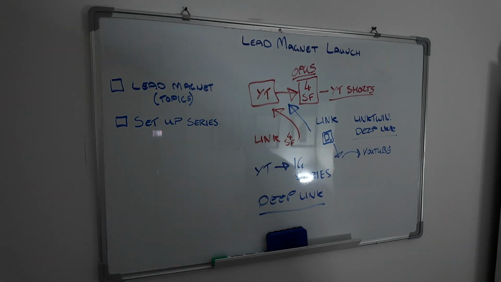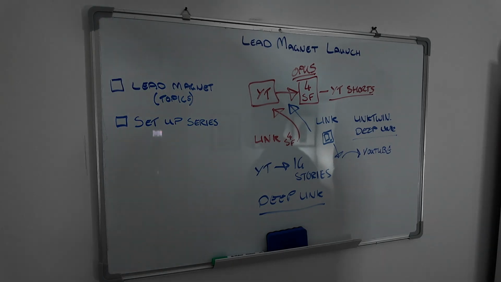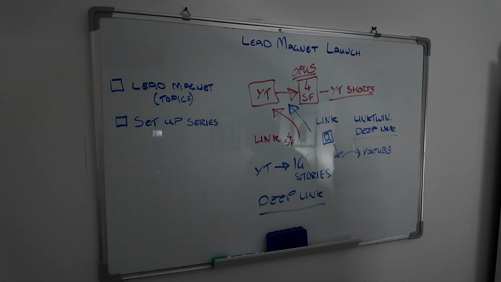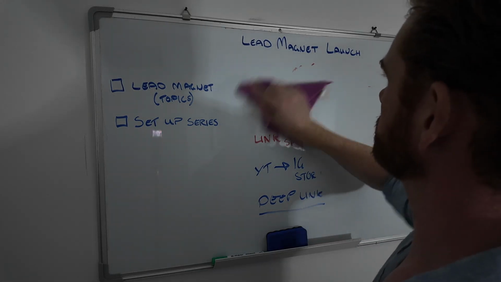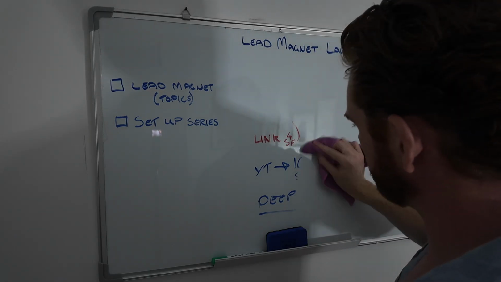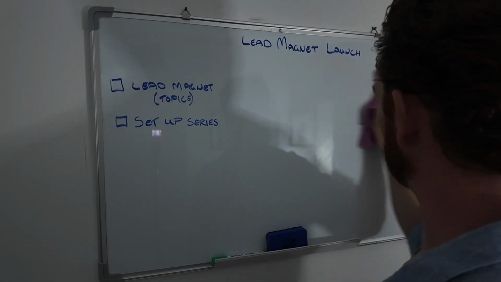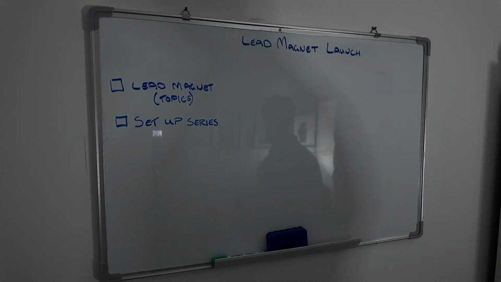Now, when you are launching your lead magnet, let's say we're doing this with multiple different topics, right? So let's say you've got those 4 different topics. Now, I think longer term, if you do this, implement it quickly, don't waste a lot of time doing it, just get it set up, right? And have a very, very basic email